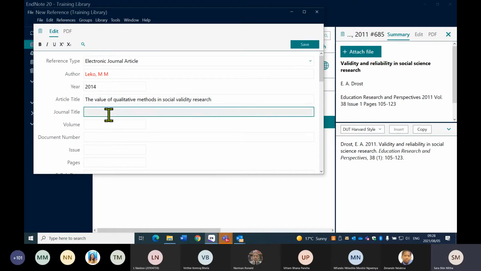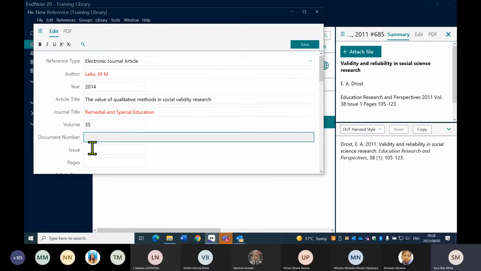Title of the journal is called Remedial and Special Education. What about the volume number? The volume is 35, issue number is 5, and the pages here are